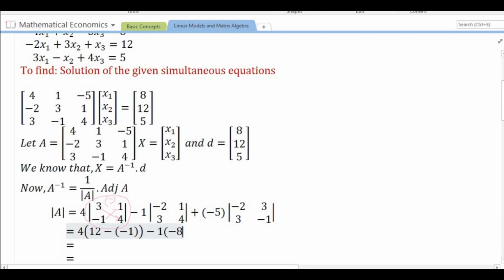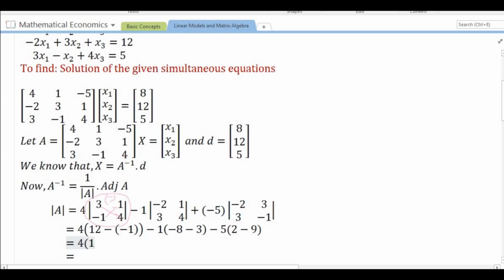2 times 4 is 8, minus 3 times 1 is 3, plus into minus is minus 5, minus times minus is plus, 2 times 1 is 2, minus in between, 3 times 3 is 9, 4, 12, minus times minus is plus, 1, minus 1, minus 8 minus 3 equal minus 11, minus 5, 2 minus 9 equal minus 7,